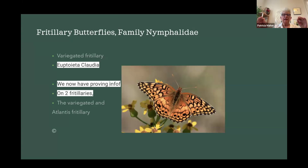And I'll talk about that in a sec. A group of us homeopaths did a little proving of it online. And that gave us some information. And then last week, I was in Albany, Georgia, the state in the United States. And we did a trituration proving of a close cousin, the variegated fritillary, which is a very common butterfly in North and South America. Again, it's in the same family as, it's a very close cousin to the Atlantis fritillary